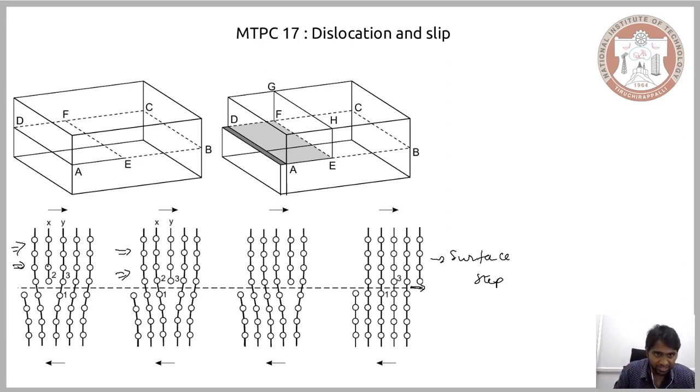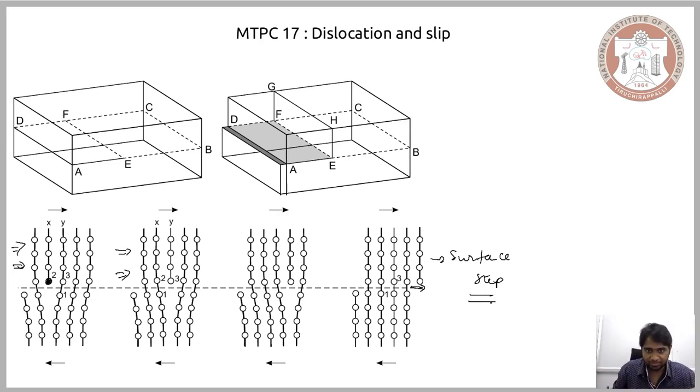And when you continue to impose the stress, this extra layer of atoms, which we refer to as the edge dislocation, keeps on moving. So this edge dislocation, and the dislocation line is here, it is pointing towards us, and along with the extra layer of the atoms, this dislocation line keeps on moving, and when it reaches the surface, it pops out and forms a surface step. So this is how a dislocation, particularly the edge dislocation, interacts with the surface, and by this interaction leads to the formation of the surface step.